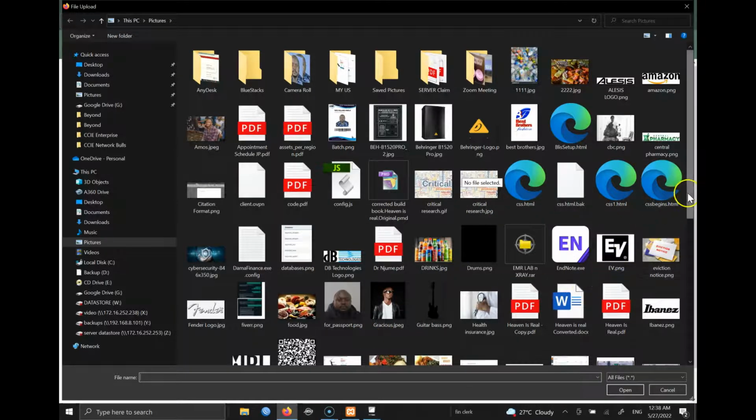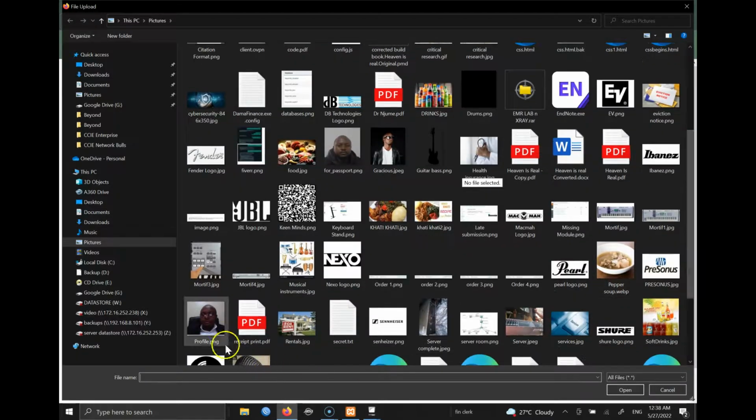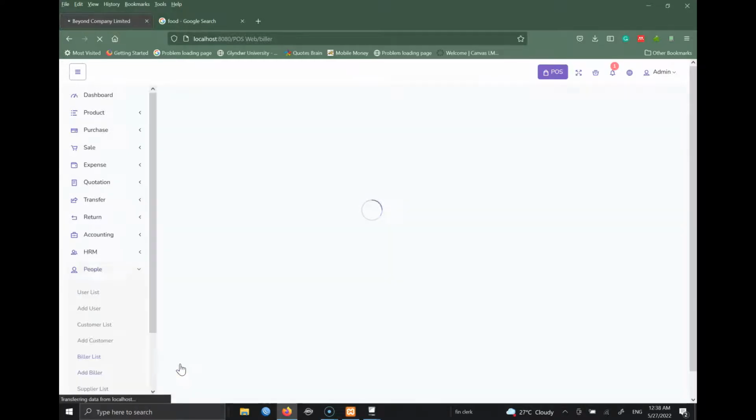Not exactly a very good picture of the billers here, so let's use one of these pictures for the biller. Biller 1. So we have a biller,